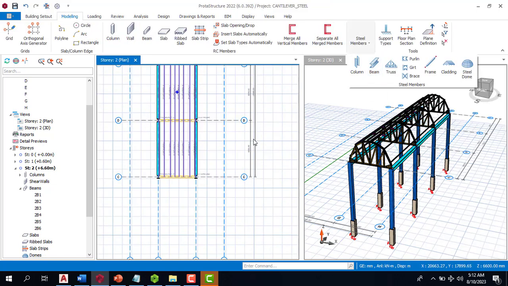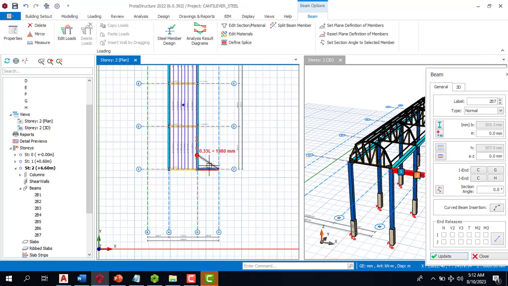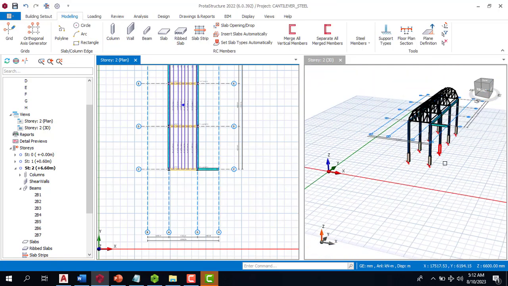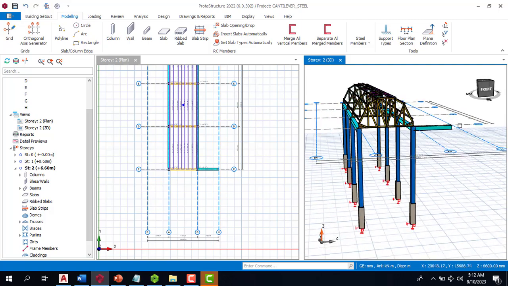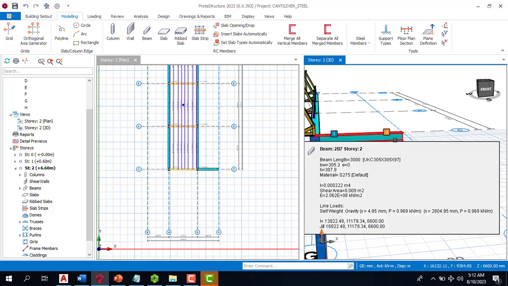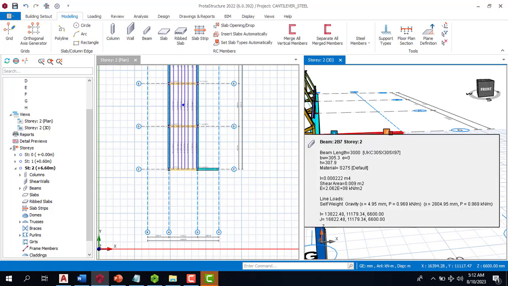I want a steel beam. I'll click on beam, I'll click here, and I click here. So if you look at this from the 3D, this is exactly what I have. So I am going to make this at the I. You can see I have I here, I have J. So at this I here is